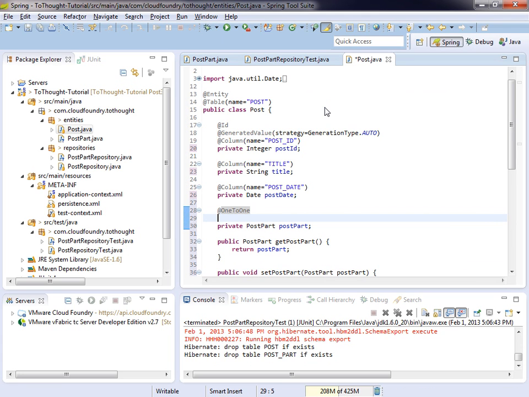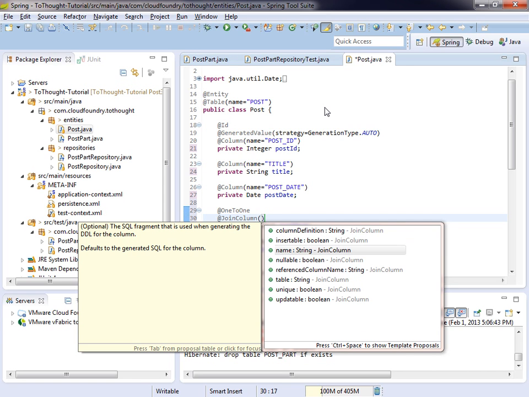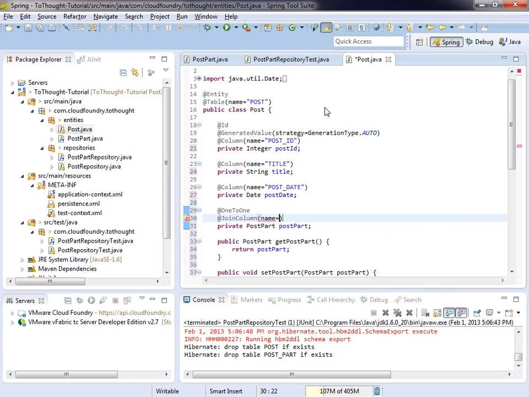We'll import that annotation, and then we also need to specify a JoinColumn, which will tell JPA what column to perform the join on. In a sense, if you were doing a regular join, this would be the on clause, where you say, on post.postPartID is equal to postpart.postPartID. So we want to specify the name of our join column, which is going to be